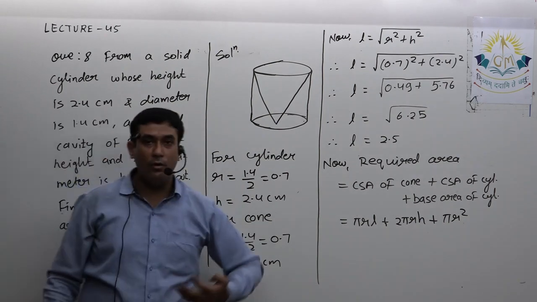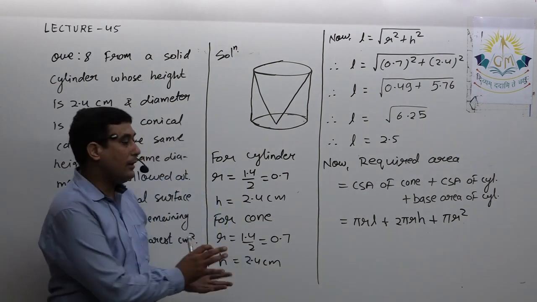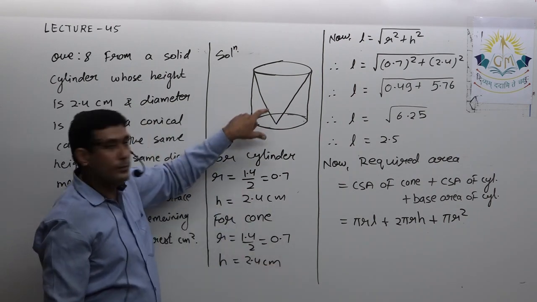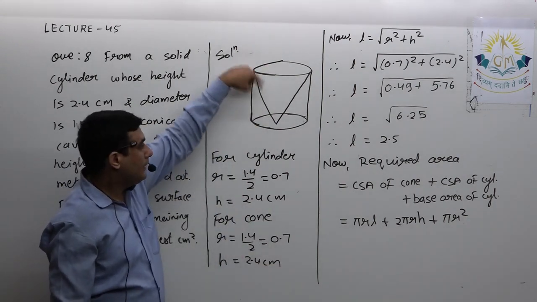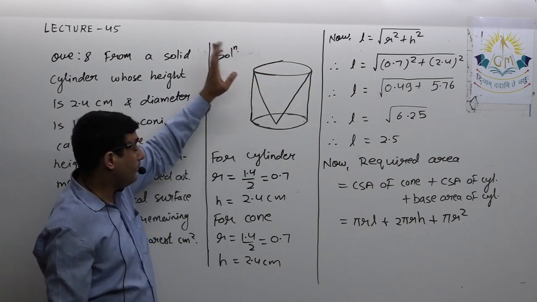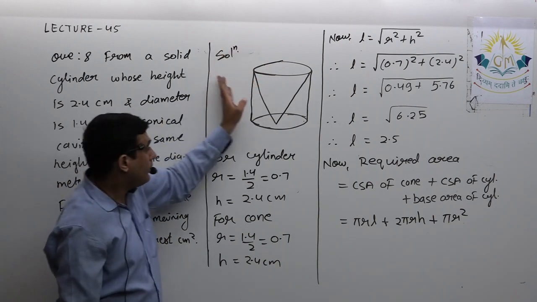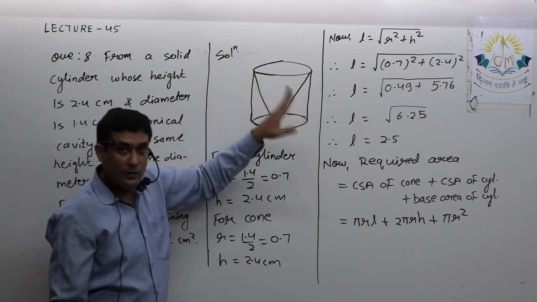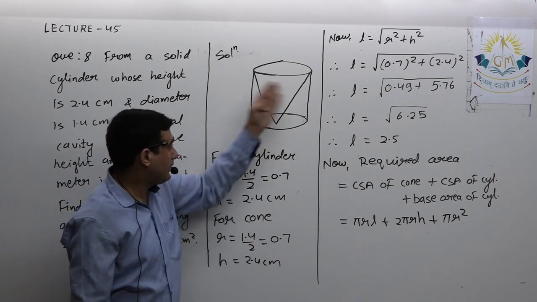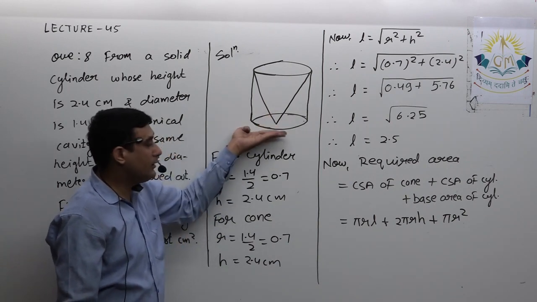Total surface area always means all the surfaces of the solid which are visible to us. So that conical cavity is visible to us, we can paint on it practically, not virtually, as well as the curved surface area of the cylinder, as well as the base area of the